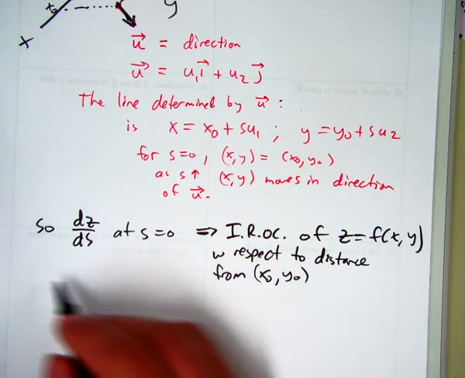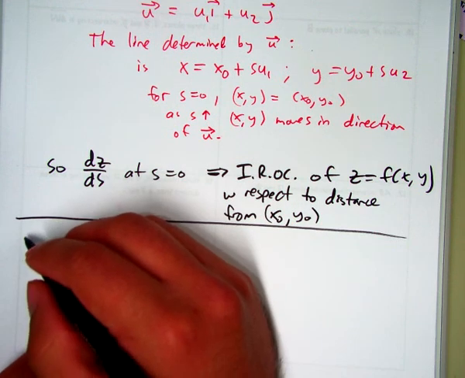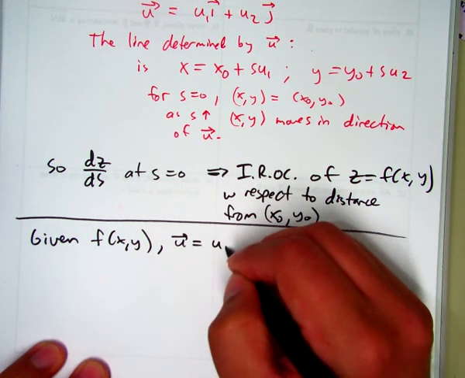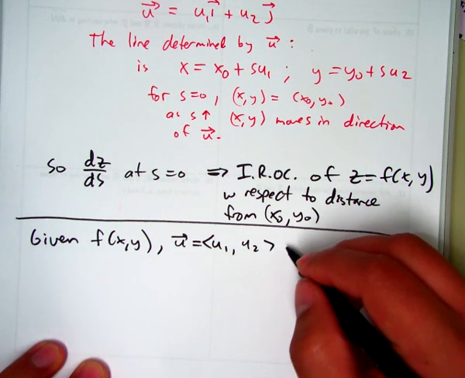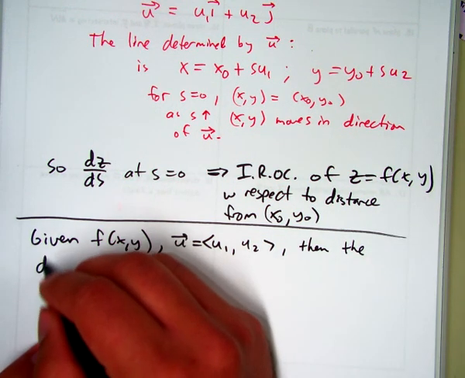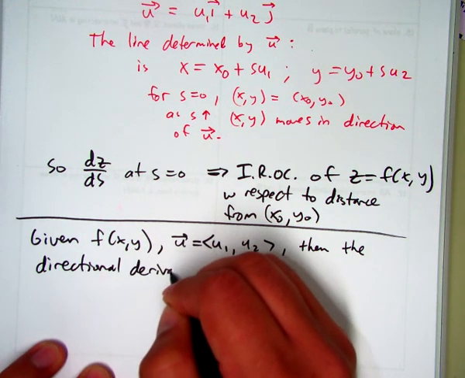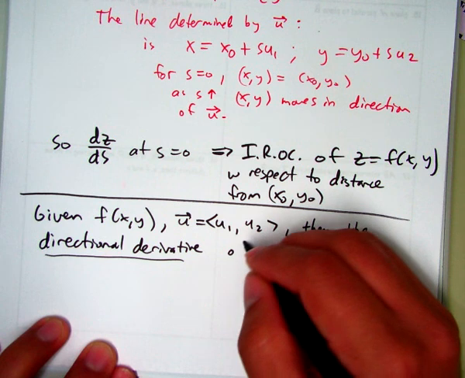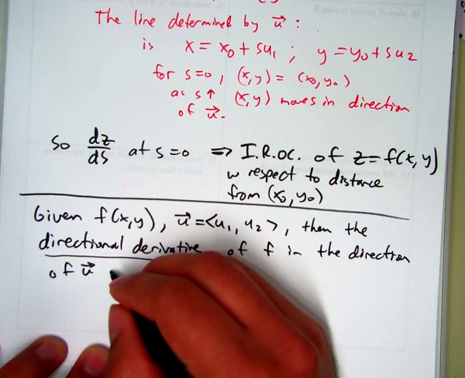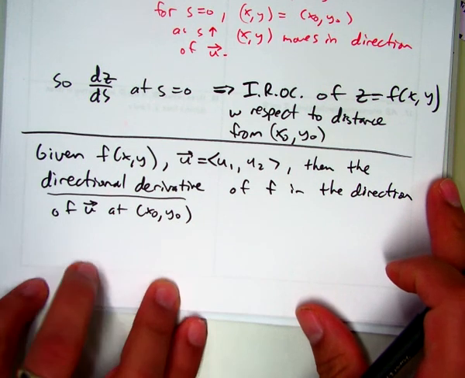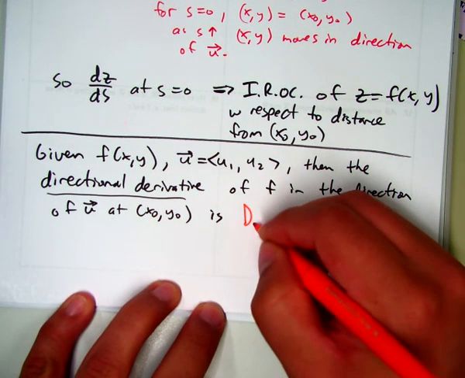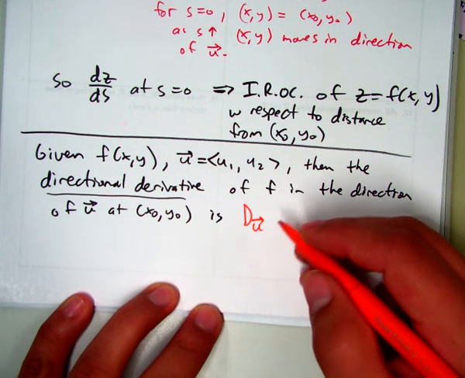Okay? So now here's the definition. Given f of x, y, and then a direction, u equals u1, u2, which is a unit vector, then what we call the directional derivative of f in the direction of u at the initial point x naught, y naught is notated as D sub u of f of x naught, y naught,